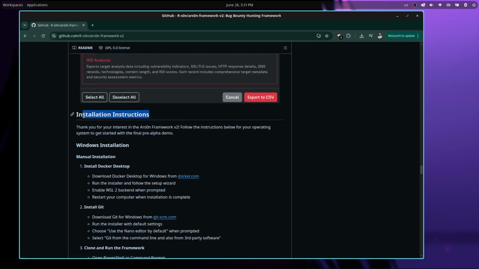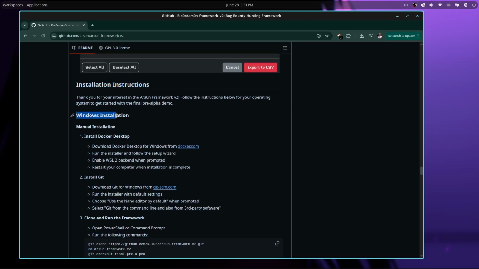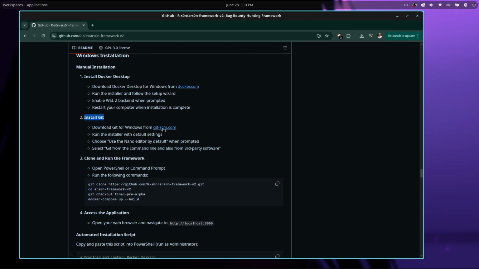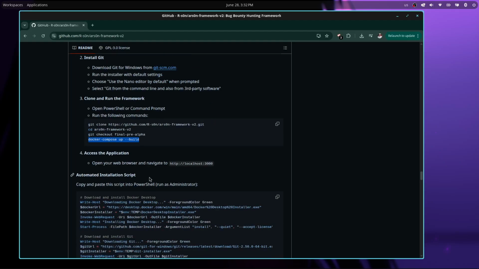So we have the installation instructions. If you're on Windows, you just need to have Docker Desktop installed. You need Git, and he has made some instructions, some guides on how to get this. Then you need to clone, cd into the repo locally, and then you check out main. Then you can run docker compose app build. Then you should be able to access your application